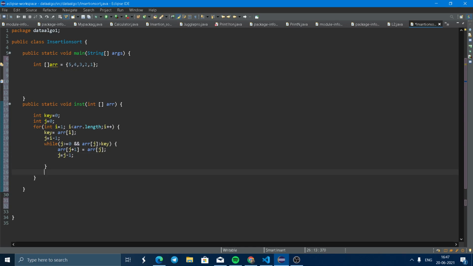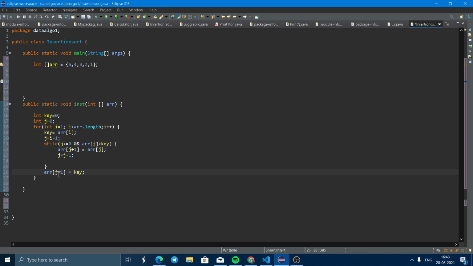Now again we write a code here, array j plus 1. What does this code mean? j is right now 0 minus 1, which means minus 1. Minus 1 plus 1 means 0.